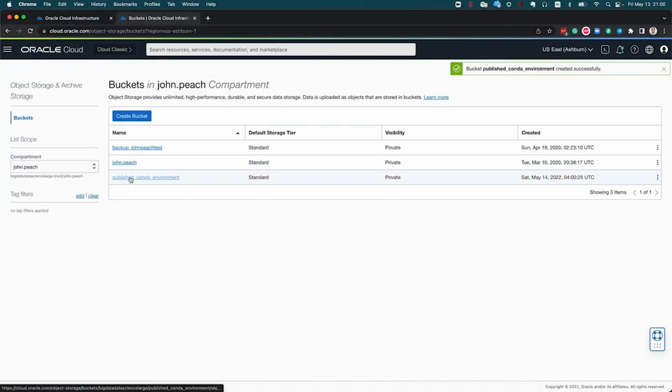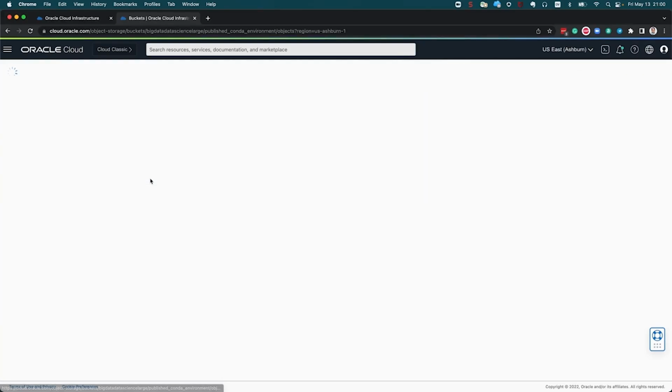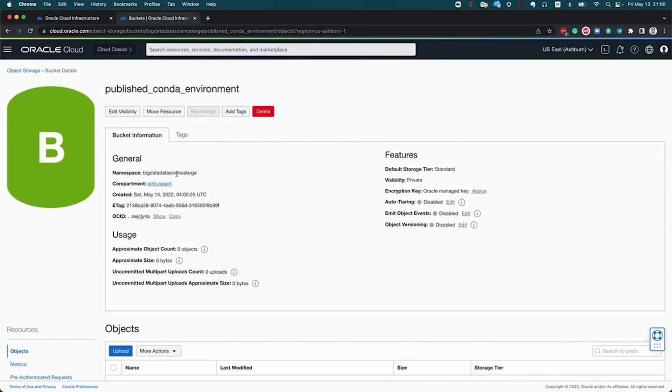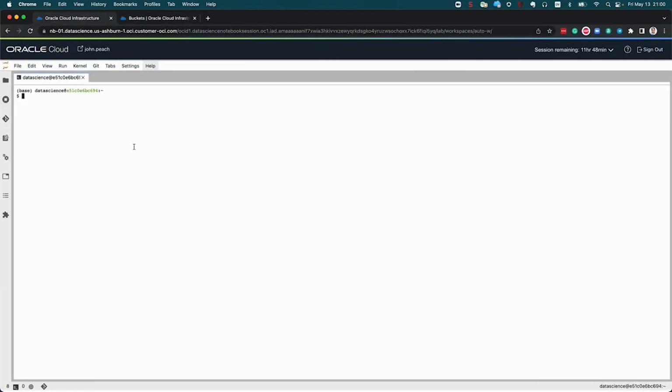What you need to note is this is going to be your bucket name, but you also need to know the namespace in order to configure this. Let's copy the namespace. Now we need to initialize the system so that it knows where to store and access published condas. You only need to do this once in a notebook. It's the odsc conda init command. I'm going to tell it the bucket namespace